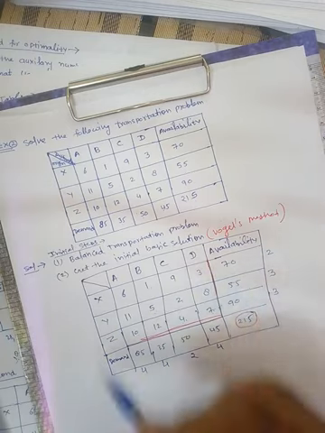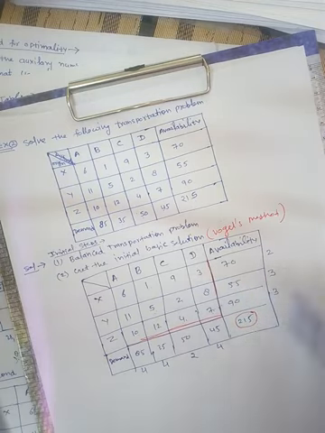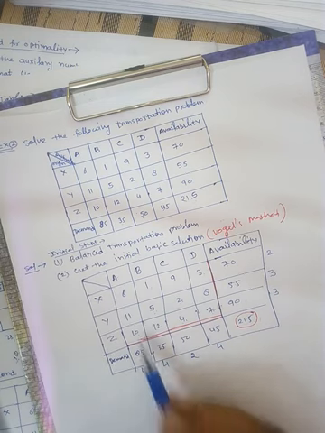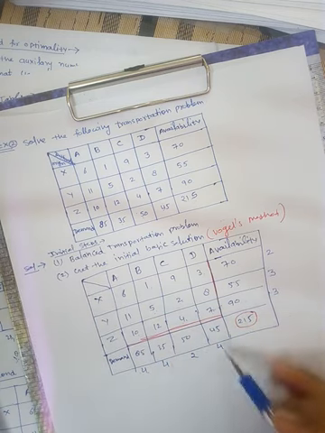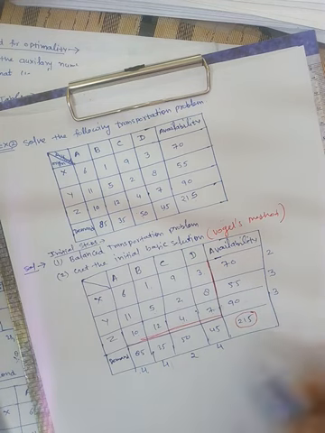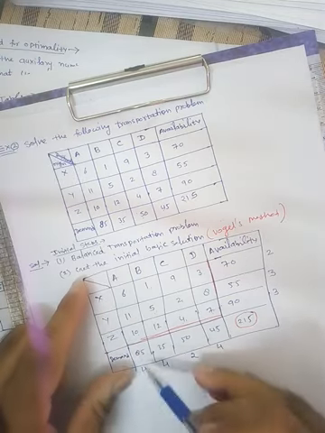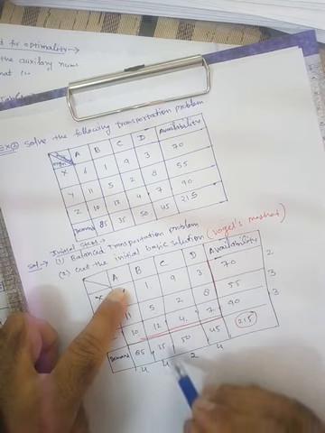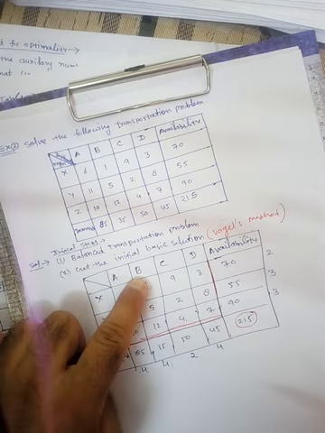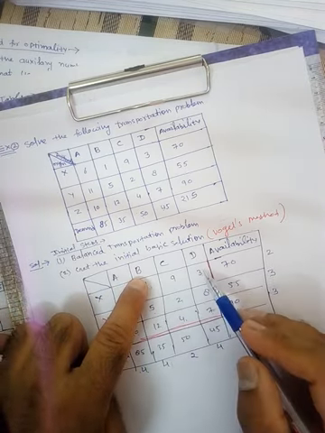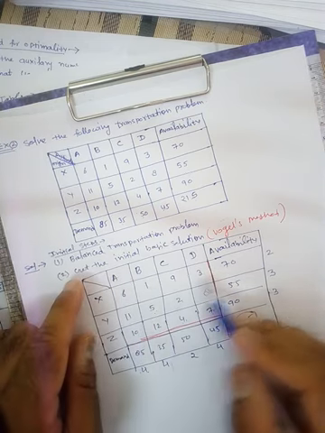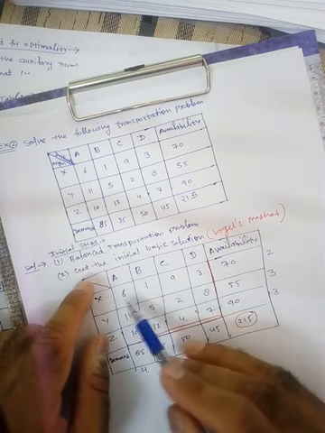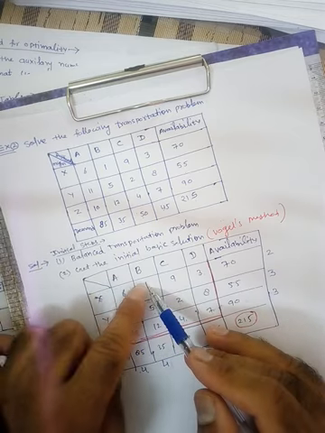Here is 3, and the next minimum is 7, so the difference is 4. Now among all these differences, the largest one is 4, which is associated with the first column, second column and fourth column. You can pick any one of them, but for the time being, if you take the first one, the minimum cost is 6. However, if you take the second column, the minimum cost is 1. If you take the last one, the minimum cost is 3. Among all these options, 1 is the least one.